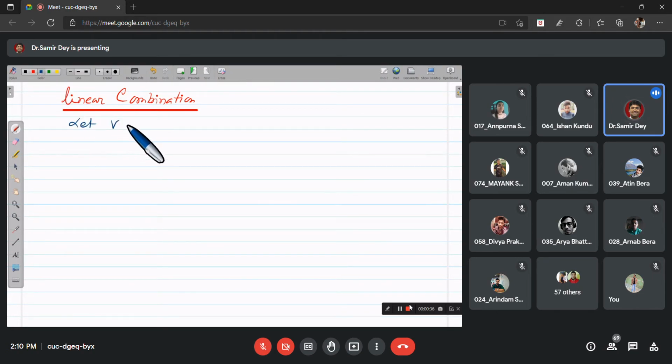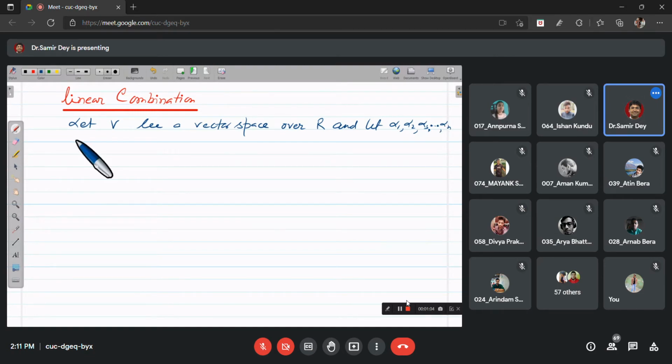Let capital V be a vector space over the real number set R, and let alpha 1, alpha 2, alpha 3 dot dot alpha n